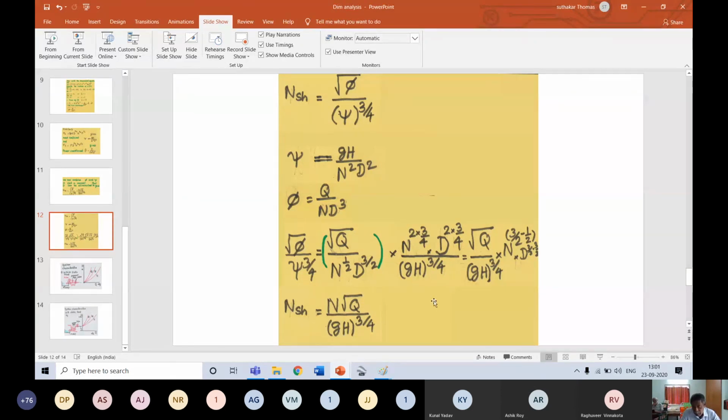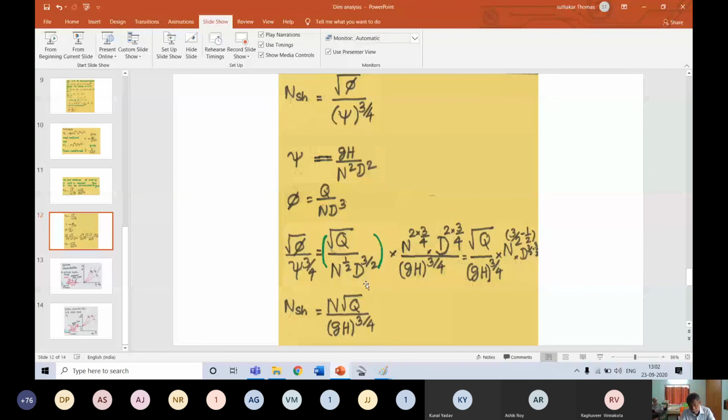Finally, in specific speed G will not be there. It will be a simpler expression, N root Q by H power 3 by 4, where N will be given in RPM, rotations per minute. H will be given in meters, Q in meter cube per second. And you will have some numbers. For example, for centrifugal pumps, you may have values from 20 to 70. Then above that, maybe 70 to some 120, you will have mixed flow. Then above that, you will have axial flow. Okay, that is specific speed.